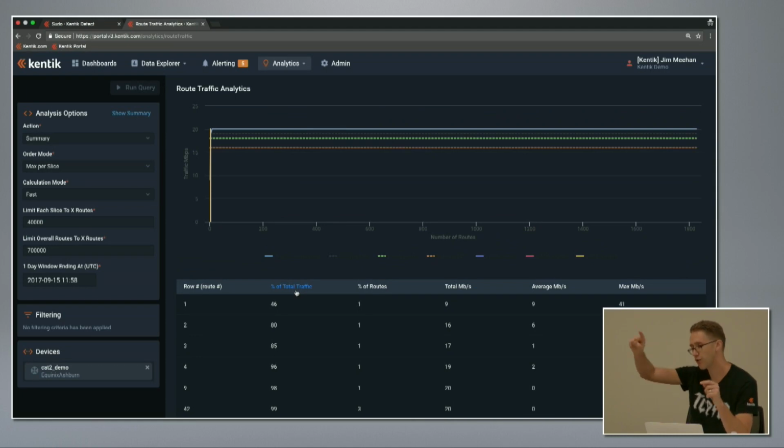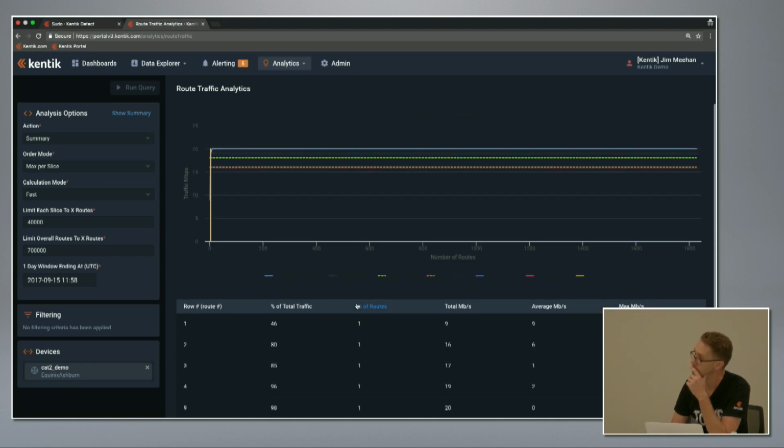maybe at the 3,000 route mark, you've covered 90% of your traffic volume out of almost 700,000 routes in the BGP table. And then for the 5 or 10% that's not covered by those 3,000 routes, you could just use a default route to send it out transit or whatever. And so the most advanced customers that we have will typically deploy an MX somewhere with a couple hundred gigabits as the